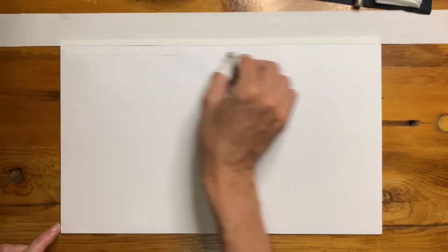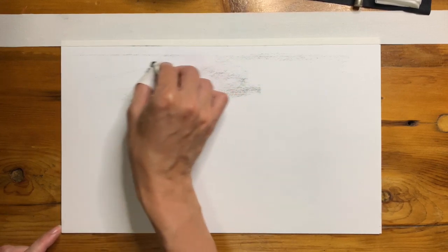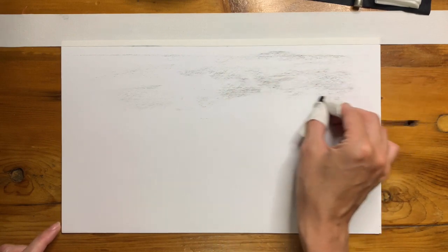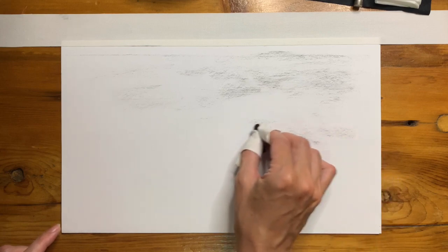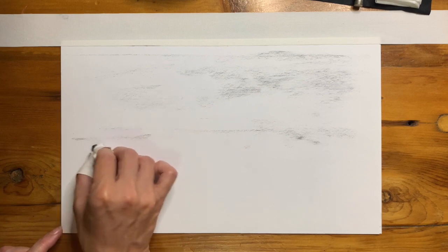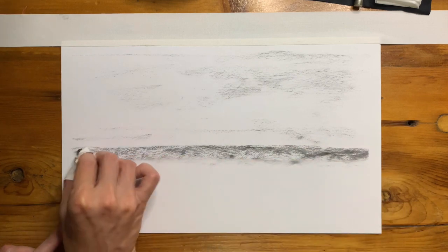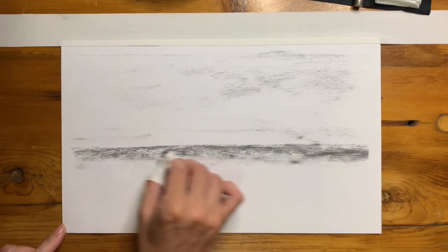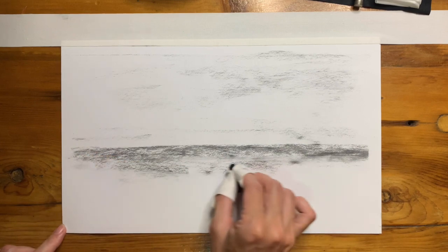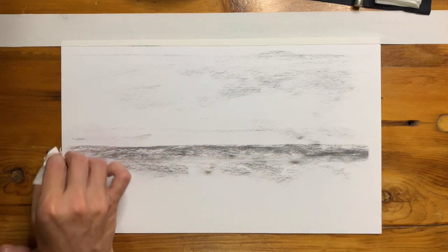Hey, so let's start with something simple. Hold charcoal very lightly, don't press on it, don't go too dark, and just draw a simple sky. And right now I'm drawing simple sky, and that connects with water. And the difference between those two surfaces is the tone. It's important, you can't use color, so the only way you can identify the surface is by